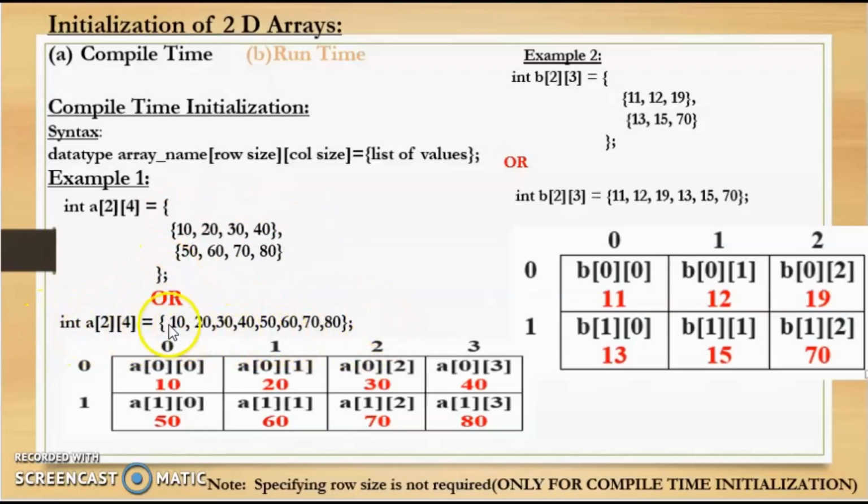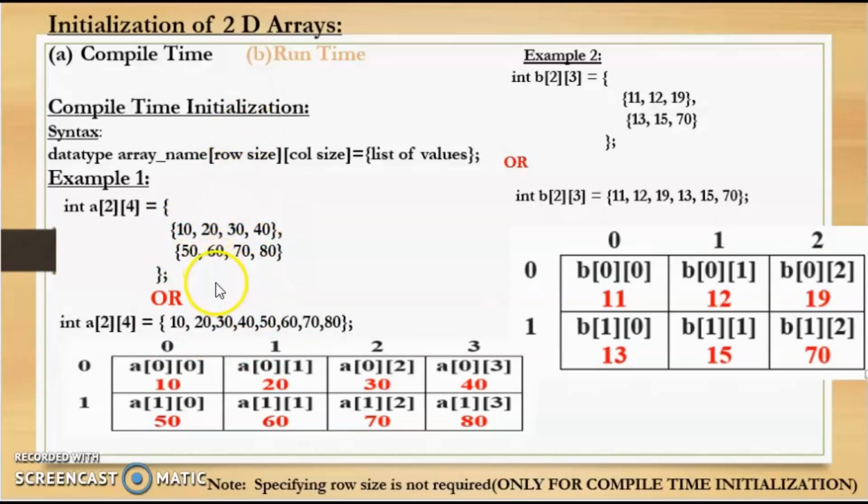Now if we want, we can even discard this extra pair of curly brackets which we have used. This extra pair of curly brackets are just used to make the program more readable or make it more easier to understand. So another way of writing this is using this form. Over here we can see that the extra pair of curly brackets has been discarded. So we can either write it in this form or in this form. Over here it will just make the program more readable. So any method you can use.